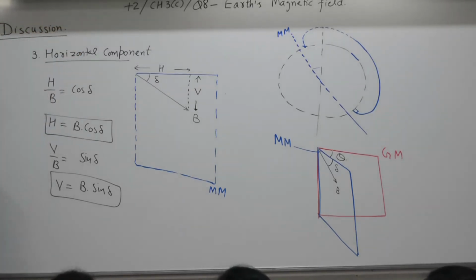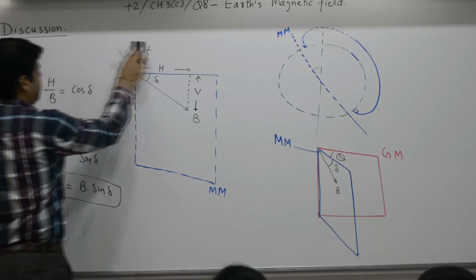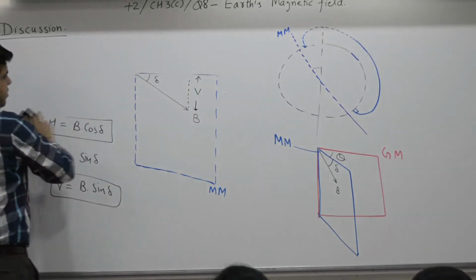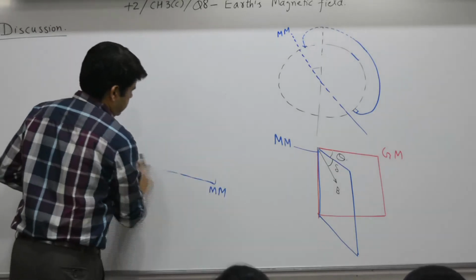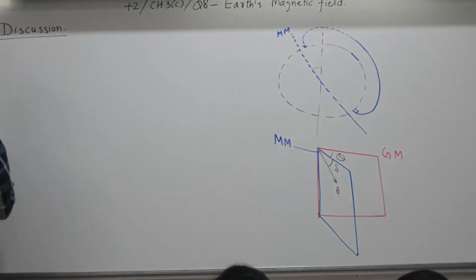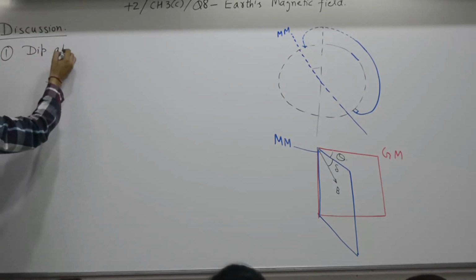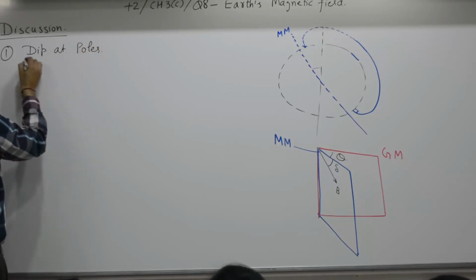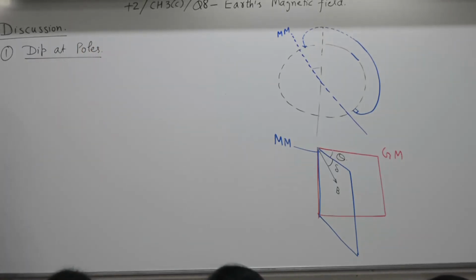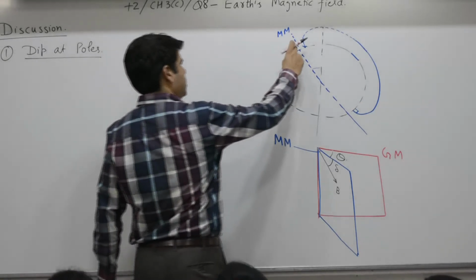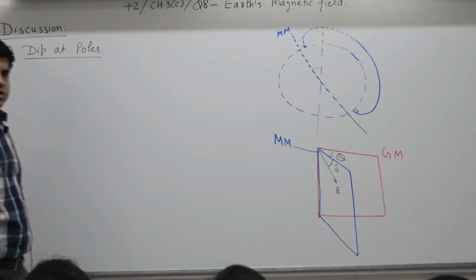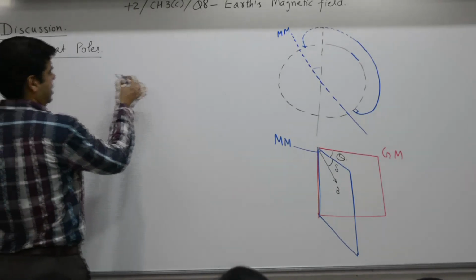Discussion for the same. As per the notes, we will change the order. Point number 1: dip at poles. Yes, this is the north pole. Suppose this is the south pole. Near the poles, the field will come out to be what? Near the pole,